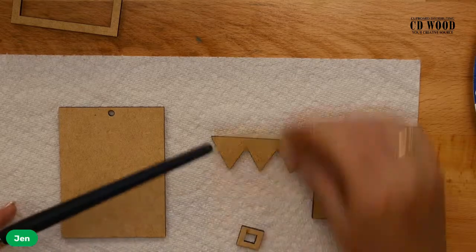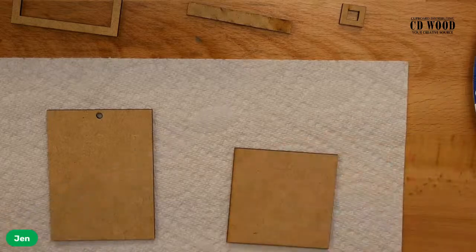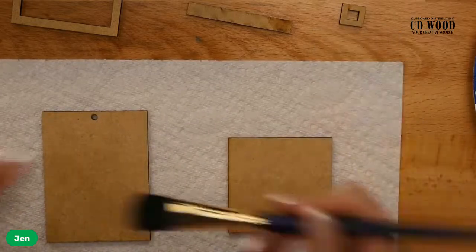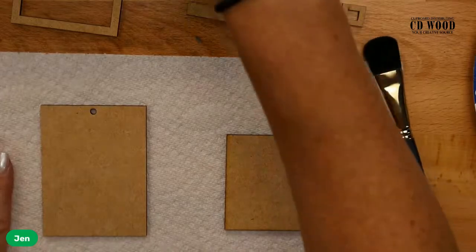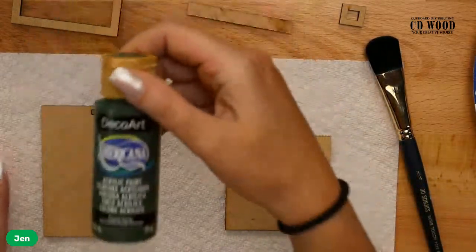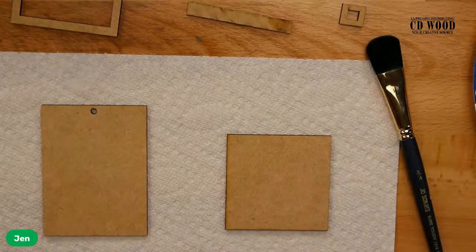All right, I have decided that I've already got my paint colors pulled. I'm super excited about that because that's always a challenge for me. I am going to use my 3/4 inch oval wash. That's the brush I'm going to use. And I am going to start with forest green. Forest green is what I'm going to put on the back of my tag and also the front of his